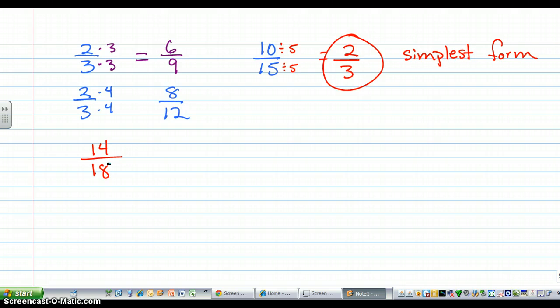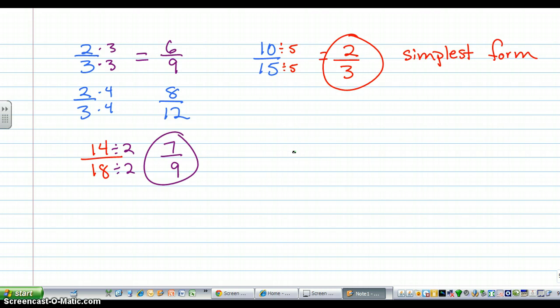Will you please change that into its simplest form, and it'll also be an equivalent fraction to 14/18. So pause and figure out your answer. Alright, did you get 7/9? Awesome. Okay, so 7/9 is in simplest form, and we also can say that